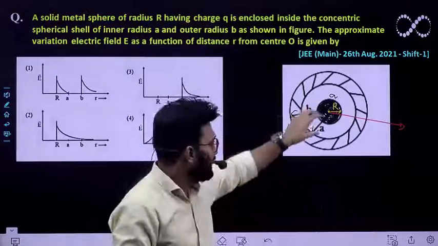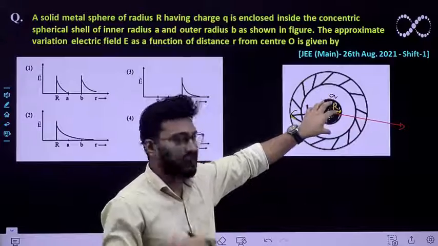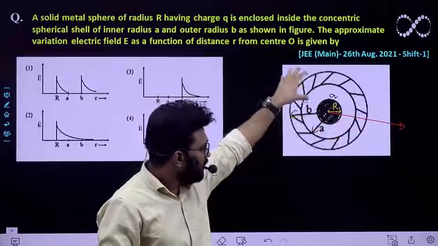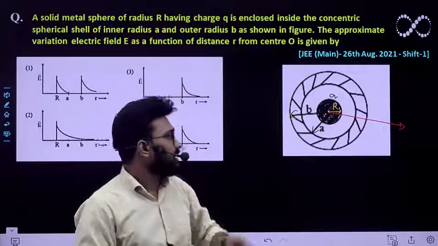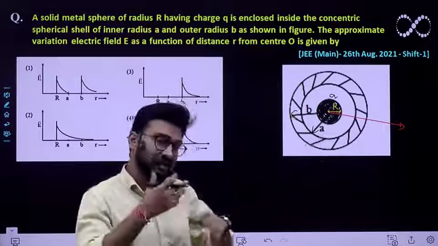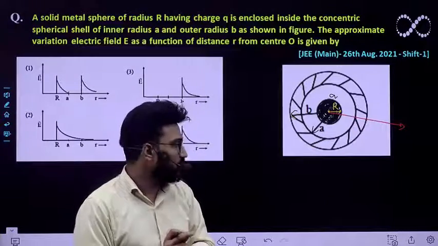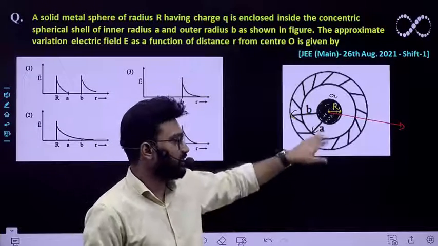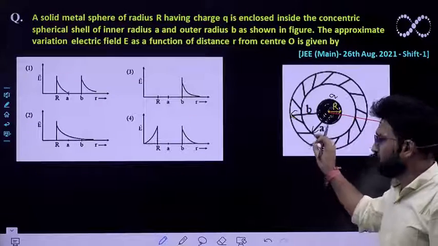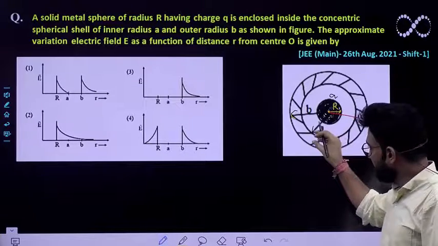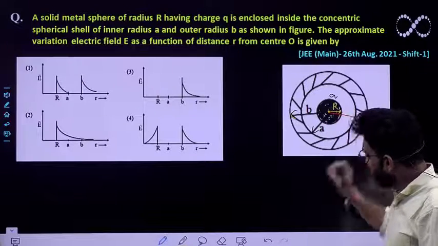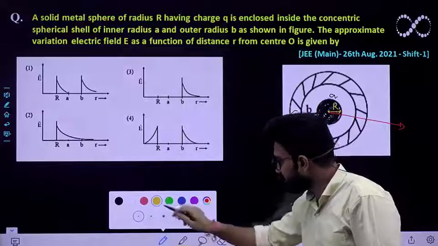We already know that the central part, the solid sphere, is conducting, so the whole charge would be distributed at its surface. For the outermost shell, if it is conducting, the scenario would be different, and if it is non-conducting, the scenario would be different. First of all I'll consider that it is non-conducting, so it won't take part in electric field development. So if I move away from the center